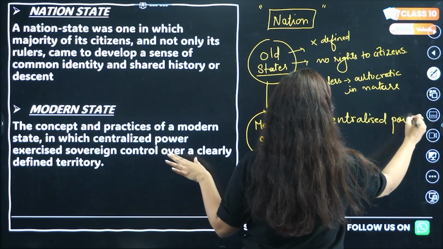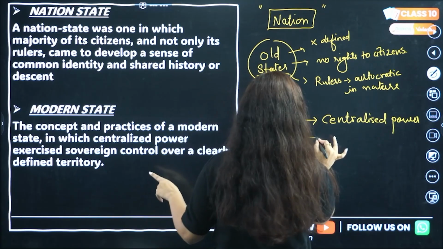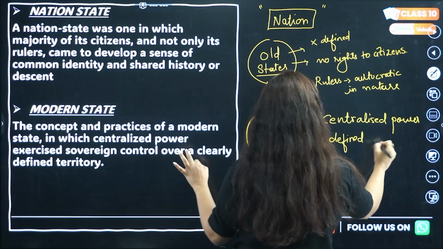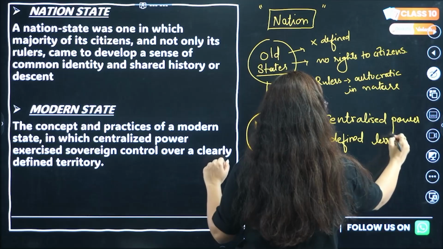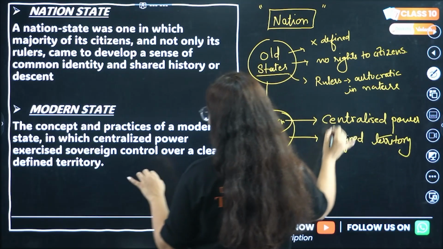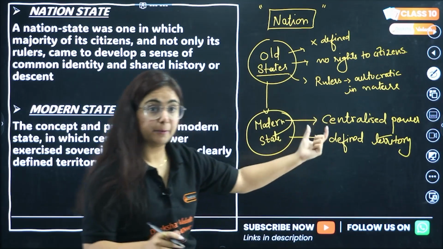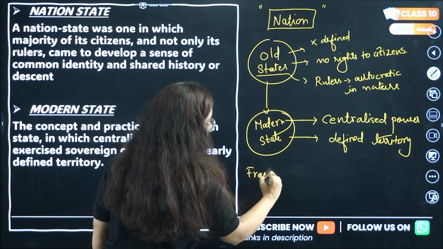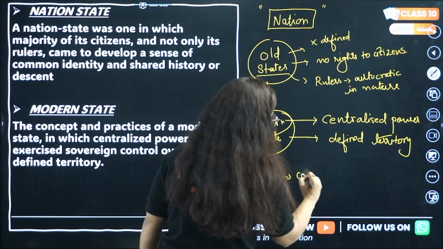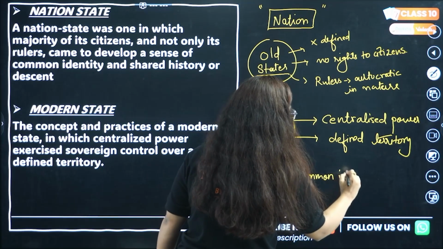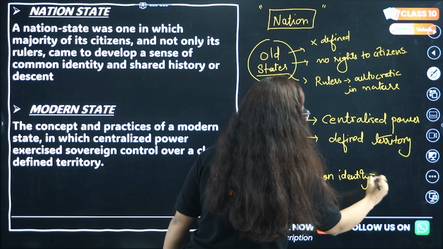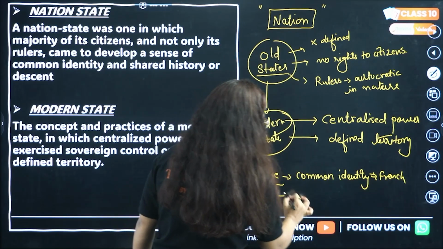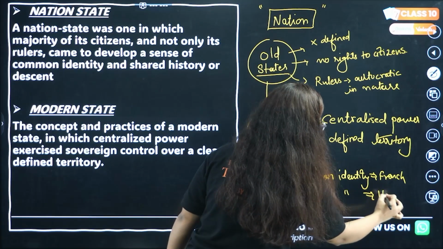Like in India we have a centralized power. Yes. This centralized power rules over a defined territory, right? This centralized power rules over a defined territory, that this is a region where I am going to rule. So now pay attention here. How is this modern state formed, like how was France formed? Because in France there was a common identity of the people, that these people speak the French language. How was Italy formed? Because we see that there is a common identity among the people,